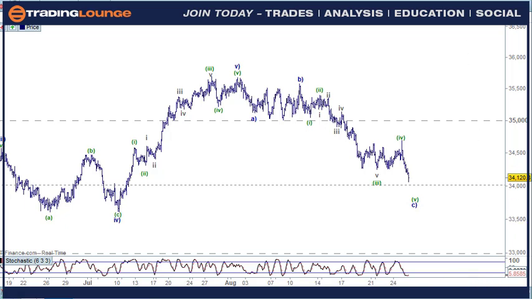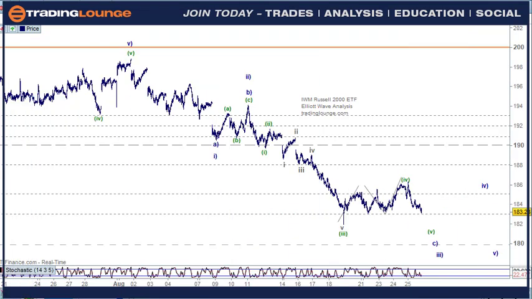It'll probably come down further. You know, it'll probably give us 1, 2, 3, 4, and 5. But I don't think it's going to be a smooth transition around these lows here for the DJ. The Russell I was looking at in 2 ways. This is the ETF here. So it hasn't really risen that much from the low here. So it looks quite good as a wave 4. So this would play out down here as